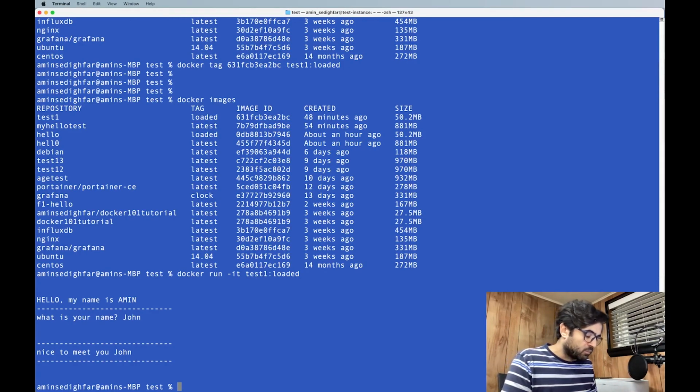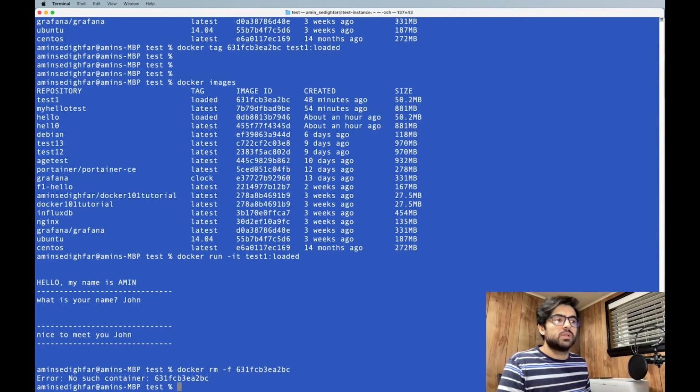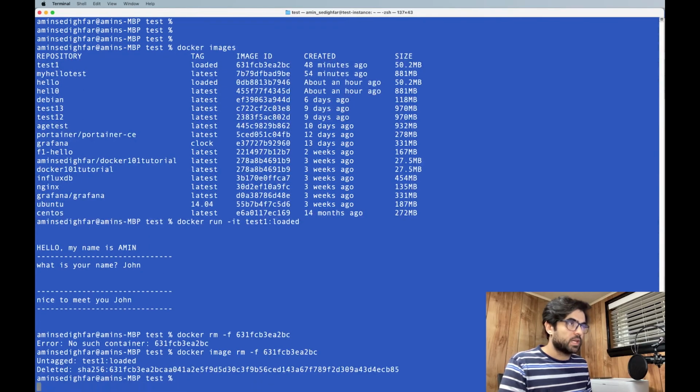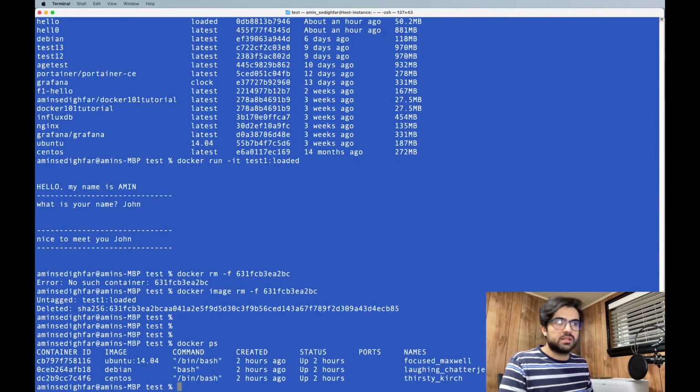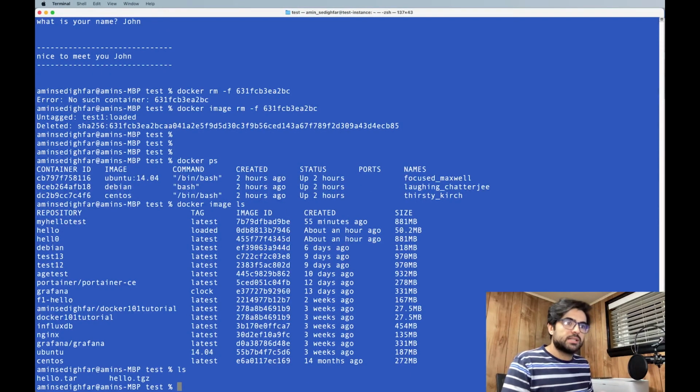So let's remove it. docker rm -f test1, Ctrl-C, Ctrl-V. Docker image. Okay, so if I do docker ps, it doesn't exist. Docker image ls, docker ps, no sign of that. That's super cool. But if I do ls, like the last time we worked on the tar, let me